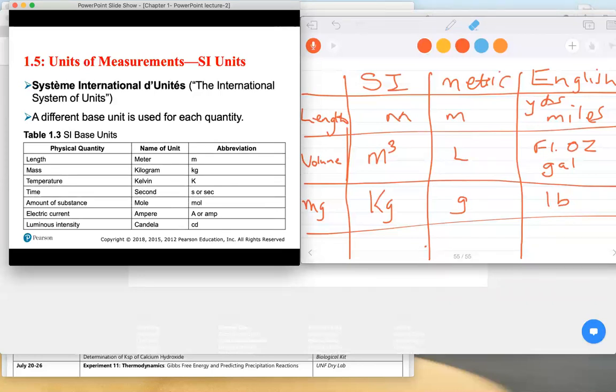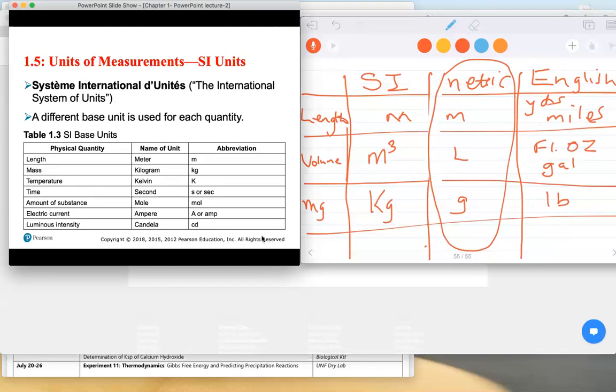These are the 7 on table 1.3. Those are the 7 base units. What is meant by base? That means where you are starting with. We will come back to why we use this one right here. This middle one right here, we use this for a reason. We're going to come back in a moment. The System International,